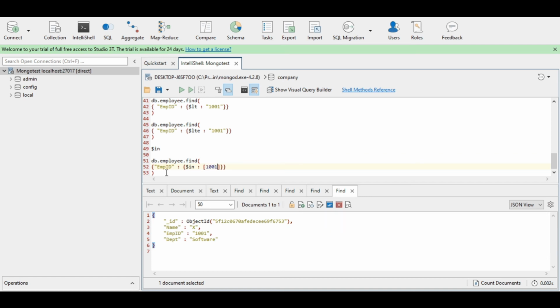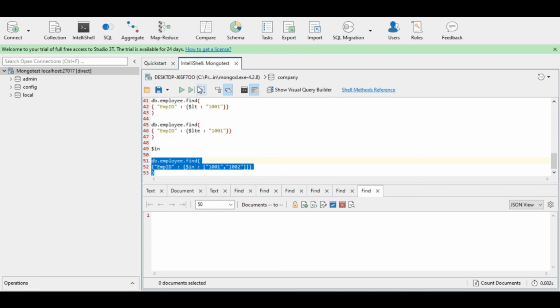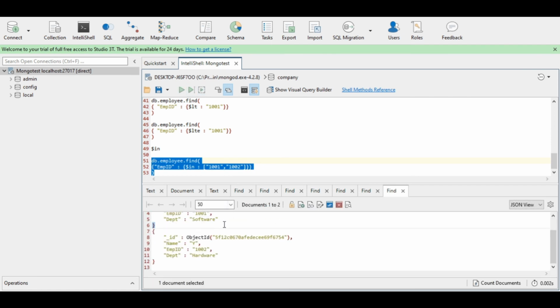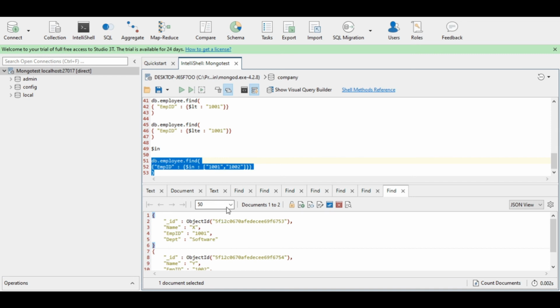So 1001, 1002. Suppose I will be fetching the documents with these two employee IDs only. So now let us execute the query. Execution is done. Now we can find the two employees where the employee ID is 1001 or 1002.